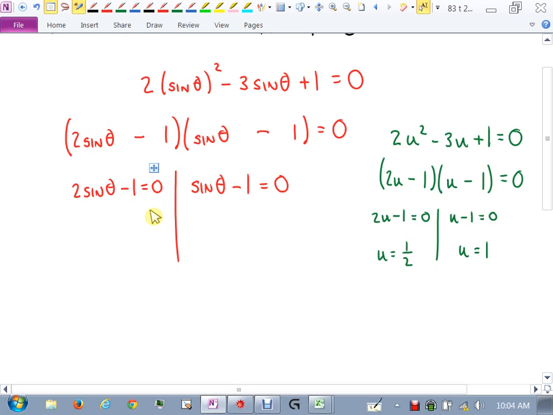Now do you see that you have taken your quadratic trig equation and you've turned it into 2 trig equations? Yes? The first one, when you move things around, you get sine theta is 1/2. The second one, you get sine theta is 1. And at this point, I say dot, dot, dot, meaning I'm not going any further, but you